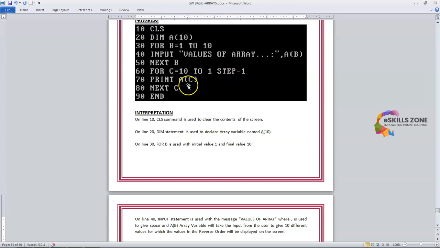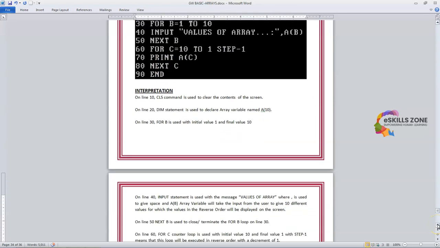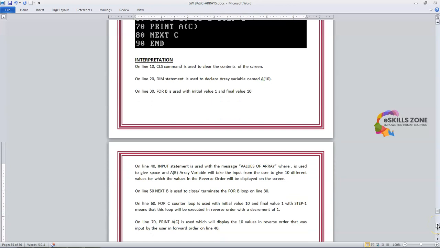Now this array variable AC contains all the values which are stored in A subscript B, 10 values in the reverse order. So we actually wanted to display the values in the reverse order, so we have used this subscript A subscript C with the statement print, because the print statement is used to display the output on the screen, and this next C is used to terminate the for C loop on line 60. So we will type over here line 70 print AC. C is used, which will display the 10 values in the reverse order that were input by the user in forward order on line 40, and on line 80